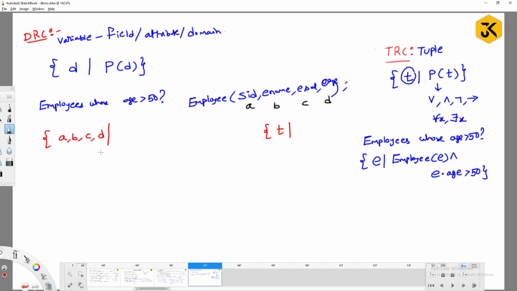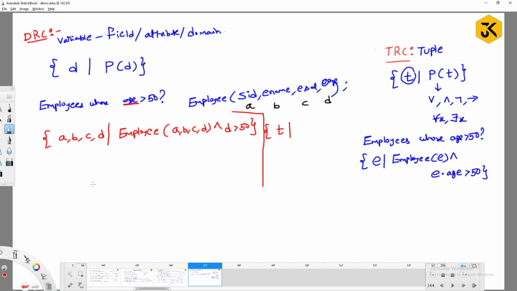These have to compulsorily belong to the employee table: Employee of A comma B comma C comma D. What is the alternative variable for age? Age is D. So that D has to satisfy greater than 50. That's it. This is the way we represent domain relational calculus.